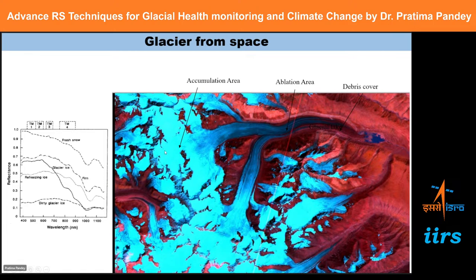This is the accumulation zone. Then this part is the firn part, a little older snow. So this has a little lesser albedo than this part. So firn, you have seen this response curve. As we come to here, we have glacier ice, even lesser albedo, and these are the debris covered glacier, also known as the dirty ice. Here the spectral response curve or the albedo or the reflectance is even lesser, very less here. So this is how we can identify various parts of the glacier in the remote sensing data or in the optical data.